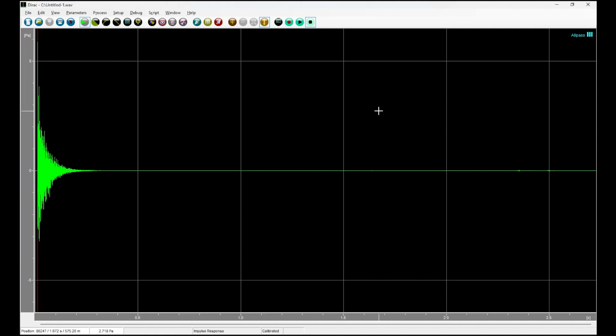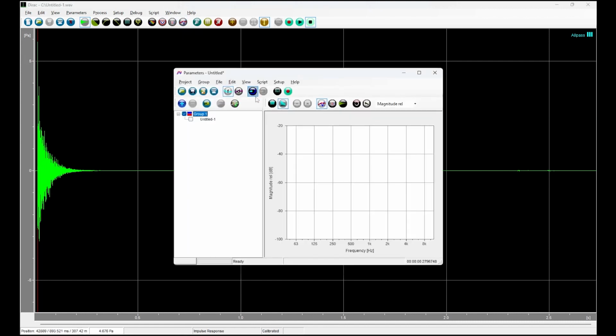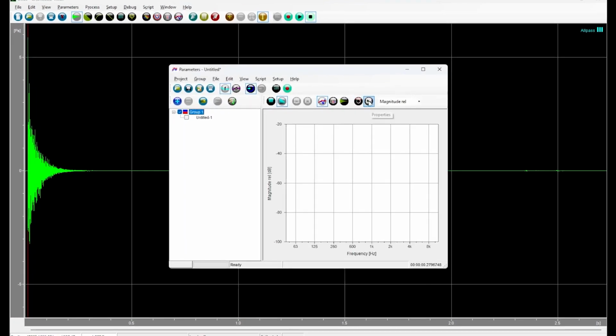This is the resulting acoustic impulse response. The tail shows negligible noise, which indicates a successful measurement. Now, to get a quick impression of the reverberation time, we click the Project Parameters button, and in the Properties dialog box,